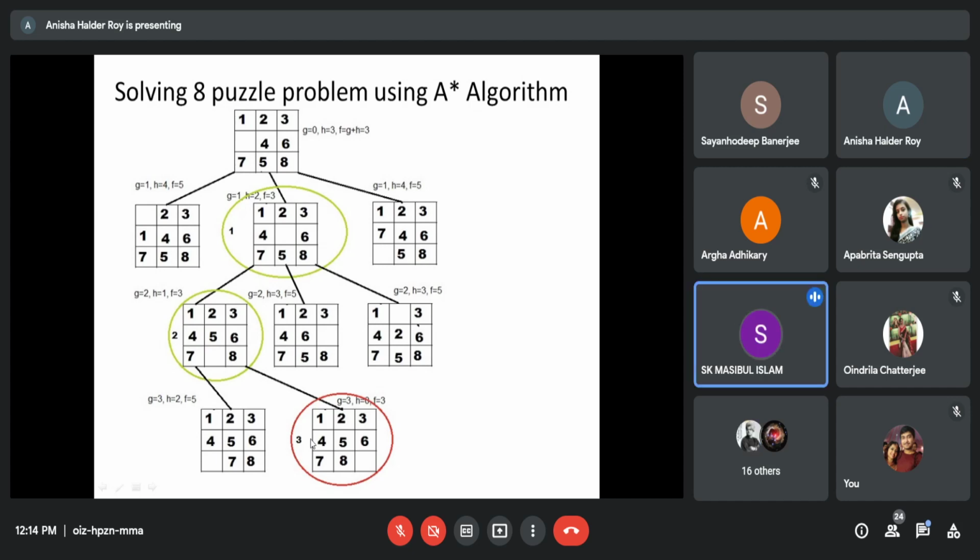ম্যাম, সেই দিকেই প্রসিড করব যেদিকে এফ এর ভ্যালুটা কম হবে? এফ এর ভ্যালু সবচেয়ে কম। এফ এর ভ্যালুটাই কি কস্ট? এফ এর ভ্যালু হচ্ছে দুটোর সামেশন, টোটাল কস্ট। g আর h সামেশন করো, f পাবে। f এর ভ্যালু যেখানে কম সেটাকে নিয়ে তুমি প্রসিড করবে, বাকি দুটোকে ছেড়ে দেবে।